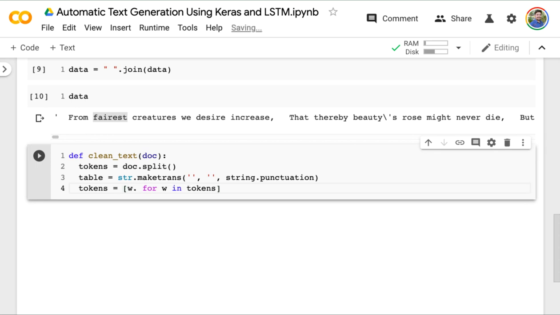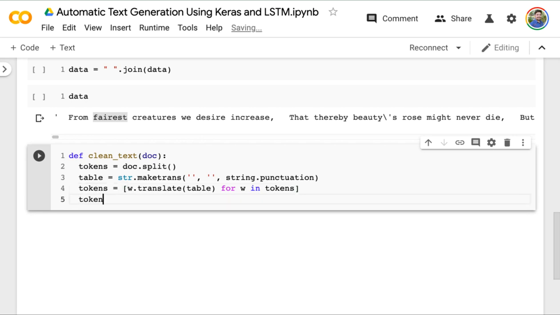That we can do here, w dot translate. All right, so we have here w dot translate underscore table. All right, so with this will be the translated here. So with this, in the new token, the punctuation will be removed here. All right, so after this, what I'm going to do here,